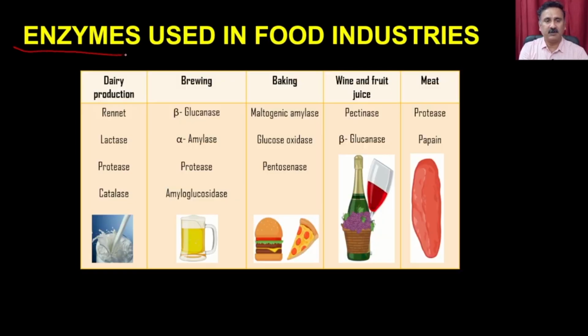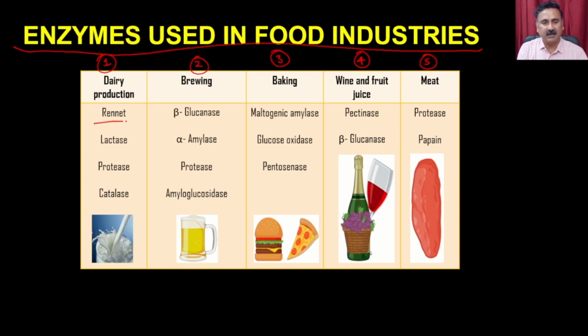So, you are going to use different types of enzymes in the food industry. You can have the dairy industry, you can have the brewing industry. The brewing industry is going to produce alcohol. You can have the baking industry, which is going to produce cakes and pastries and all that. And then you can also have wine or fruit juices, and then you also have the industry for meat. So when it is dairy production, you are going to use different types